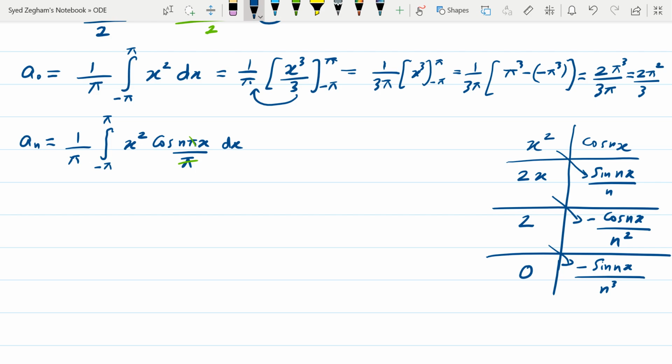And remember that in alternate positions we change the sign, right? So what will be my integral? So this gives us that 1 over pi. Let us start multiplying now. So this gives me x square sine nx divided by n